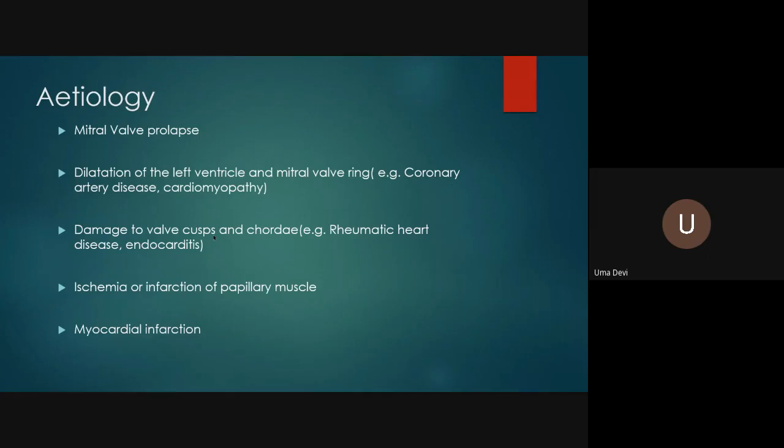As we already spoke about unstable angina, sometimes the ischemic event may be very high. So there may be sudden rupture of chordae tendineae and they may land up with acute MR. Now, there is a difference between acute mitral regurgitation and chronic mitral regurgitation. When there is chronic mitral regurgitation, some amount of blood is regurgitating back to the LA over a period of time. So the left atrium starts accommodating by increasing in size. In mitral regurgitation, you have a giant LA. That is a typical feature of mitral regurgitation.